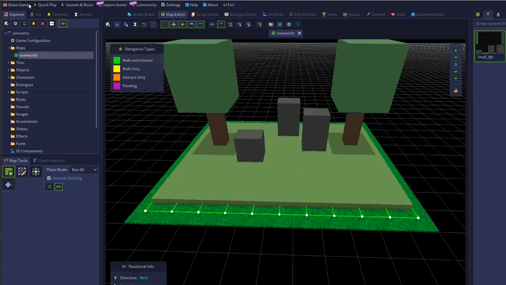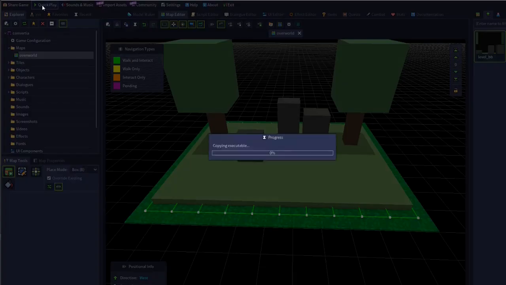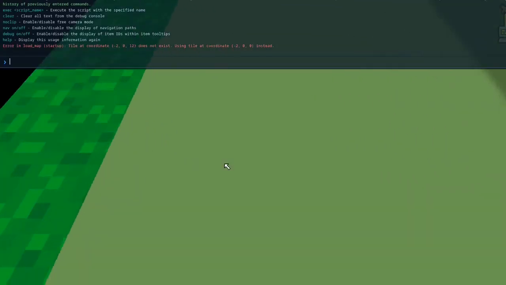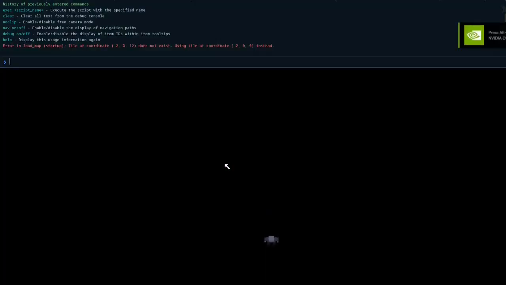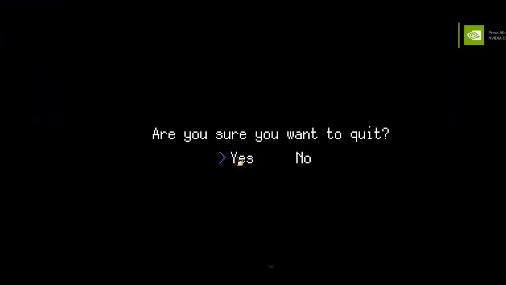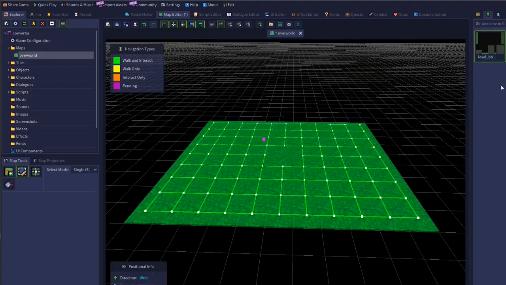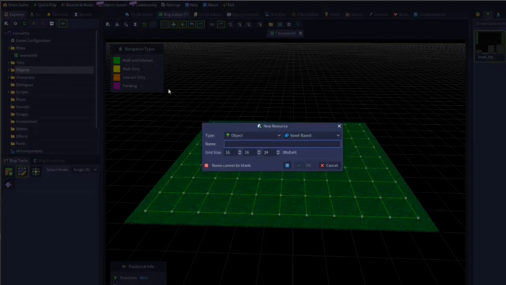So if we save this and we start the quick play, you will likely see that for some reason we fall through the floor. So here's how to fix that. Click on quit game, delete this object, and now just add a new object, and I call it placeholder for now,